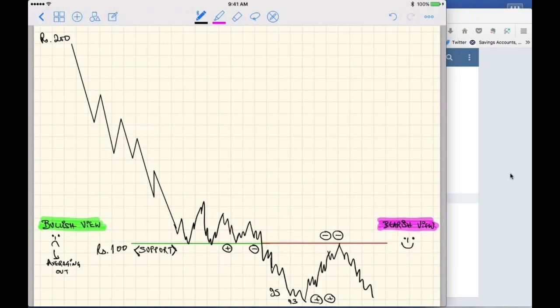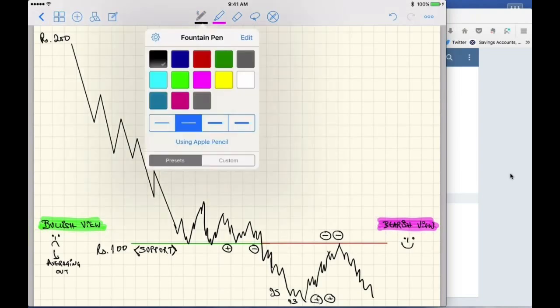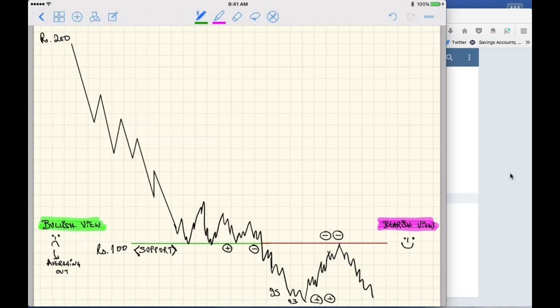So the moral of the story over here is, if you notice, earlier it was a valid support. The 100 was a valid support. By valid support, I mean that it was tested multiple times, at least 2 times. So one cannot hold. So when we see a price bouncing back from a level at least twice, we say that it's a decent support. The more number of tests, the better the support.